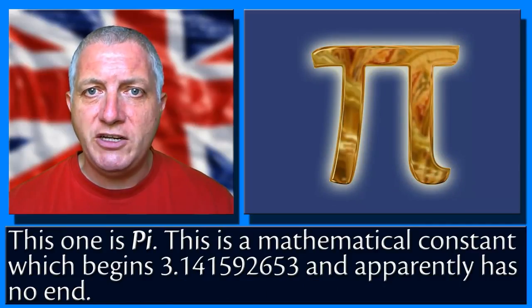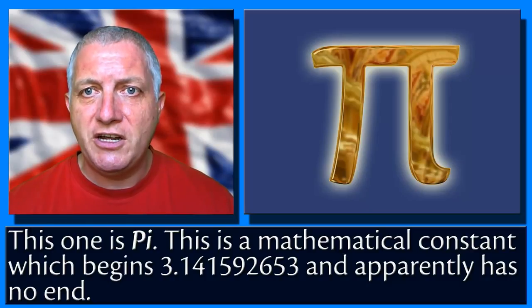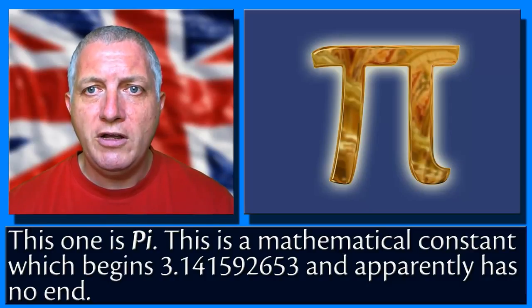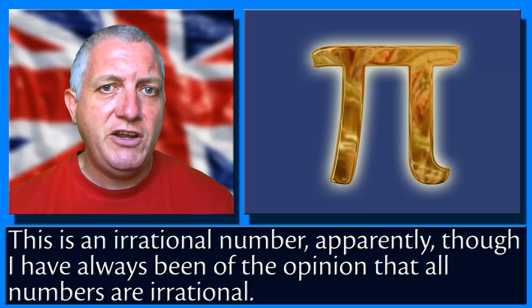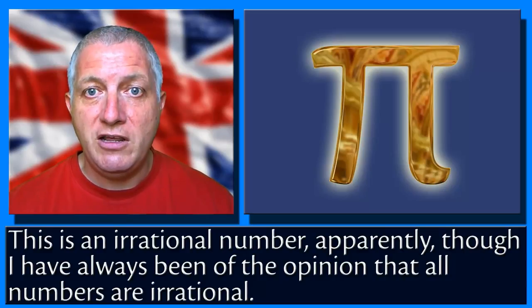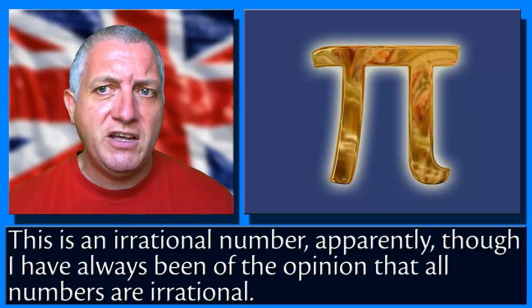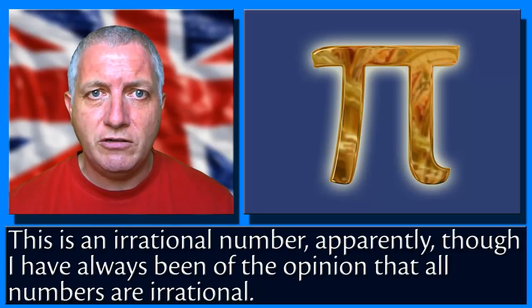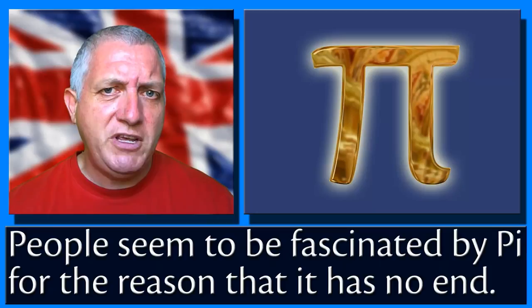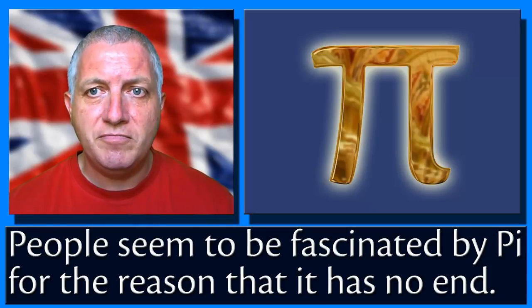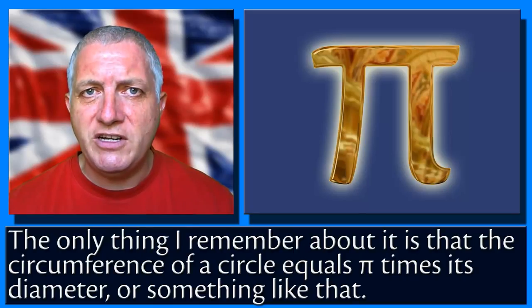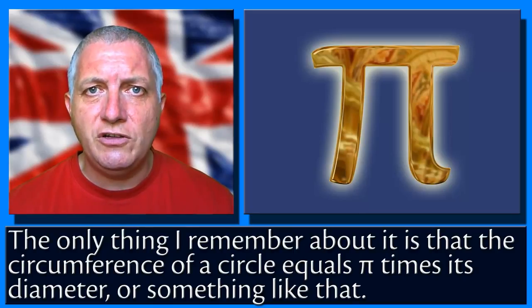This is a mathematical constant which begins 3.141592653 and apparently has no end. This is an irrational number. Apparently, though I've always been of the opinion that all numbers are irrational. People seem to be fascinated by pi for the reason that it has no end. The only thing I can remember about it is that the circumference of a circle equals pi times its diameter,